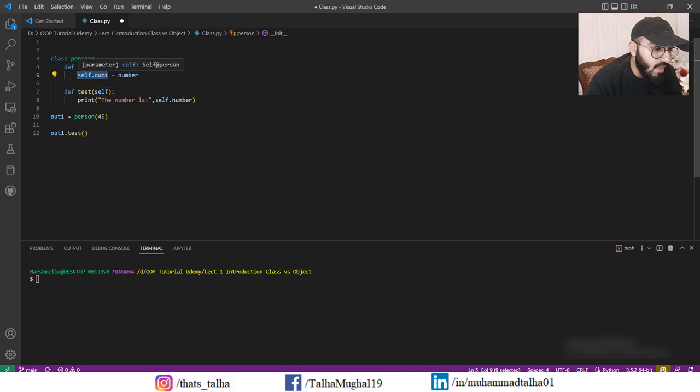Afterwards we will use this variable to print out our value 45. So if I execute my Python program, here you can see